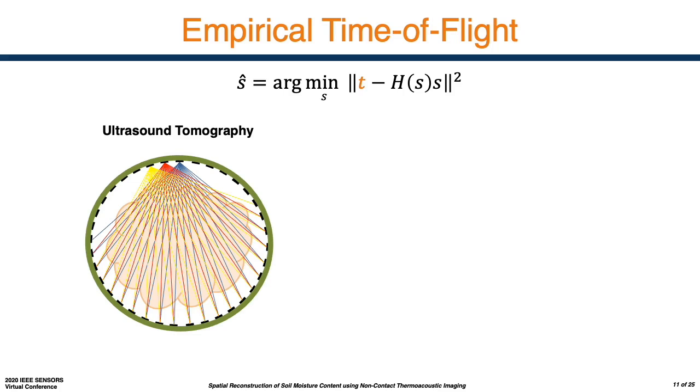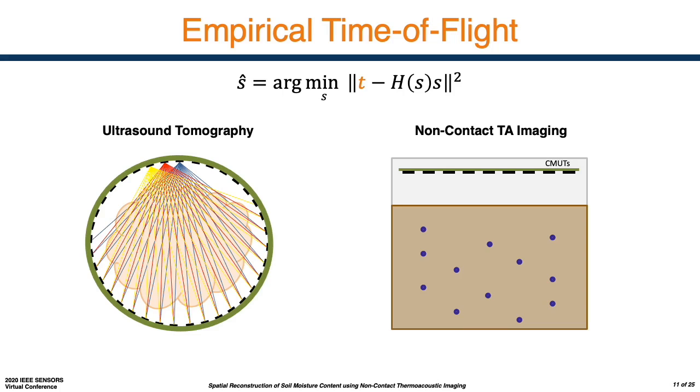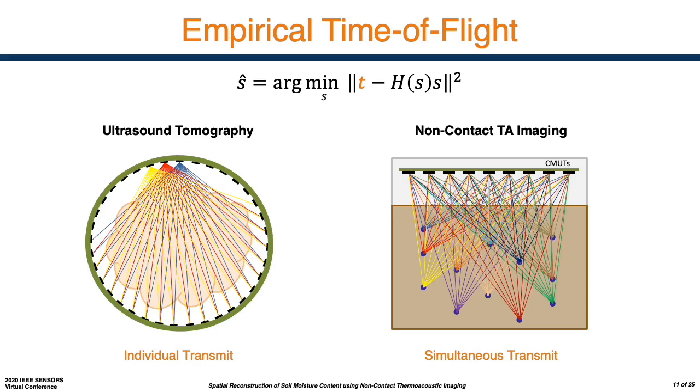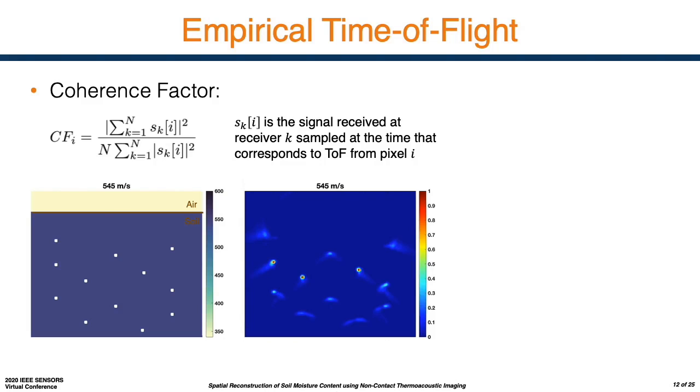In our application, it is not feasible to transmit an ultrasound wave through the soil. Instead, we propose to make use of the thermoacoustic effect, where we can excite below-ground objects to act as in-soil transmitters. When these below-ground objects are excited by microwave energy, they all fire simultaneously, making it infeasible to delineate the time of flight from each of these underground sources to each receiver. Instead, we extract the empirical time of flights from the measurement data using the coherence factor formalism.